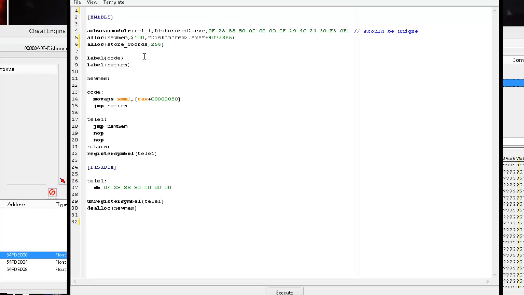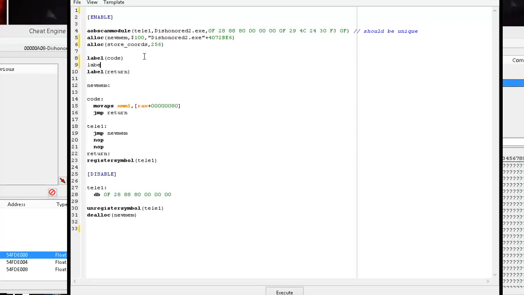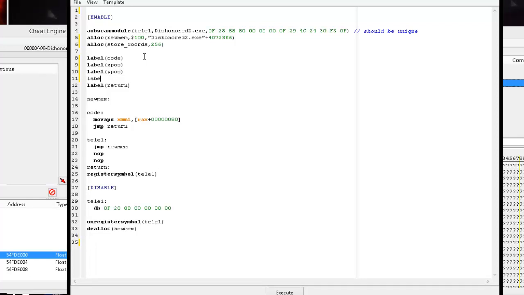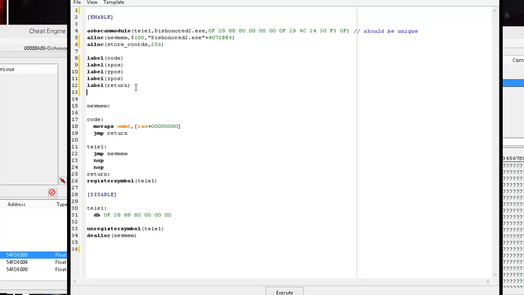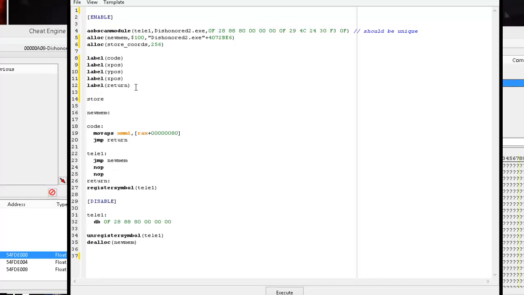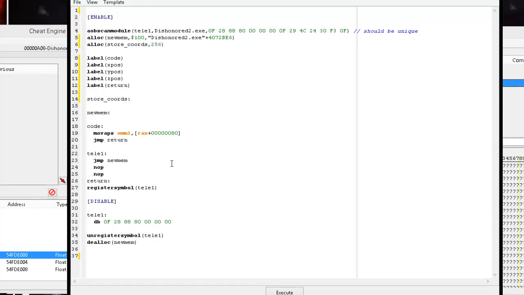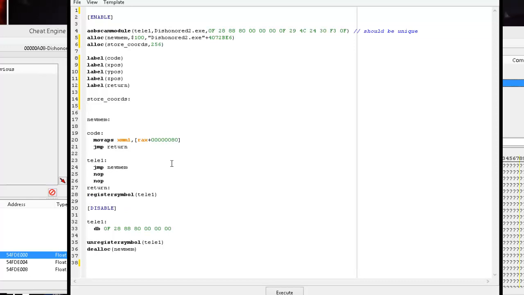We need to make labels for all our coordinates, so let's do that right quick. We need our X position, which is our X coordinates actually, our label for Y position, and also a label for Z position. Just on down here, let's go ahead and put store coords. Got to be spelled the exact same so the system recognizes it. And we just want to define those,